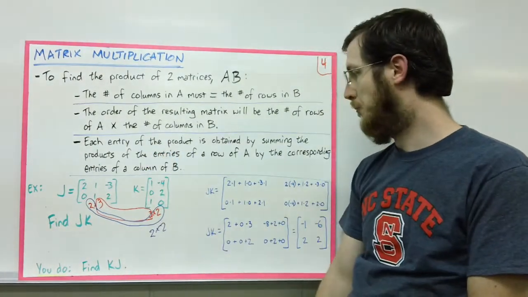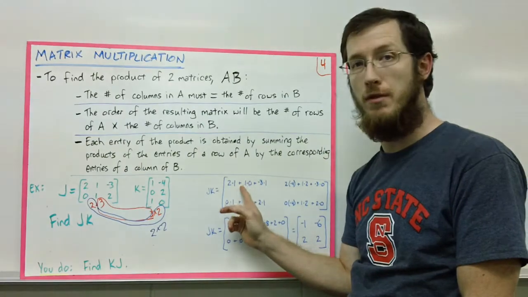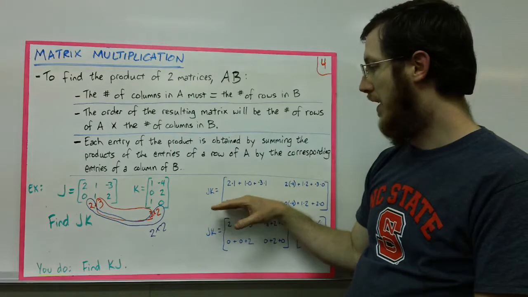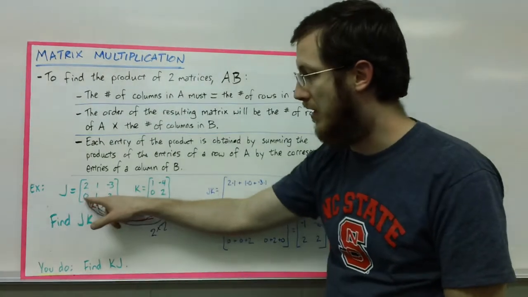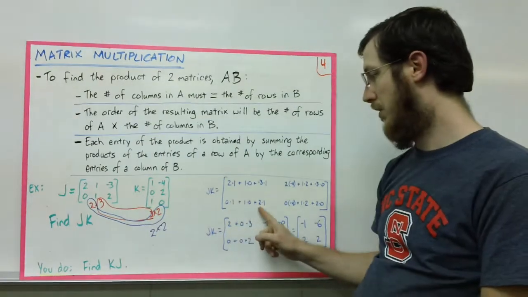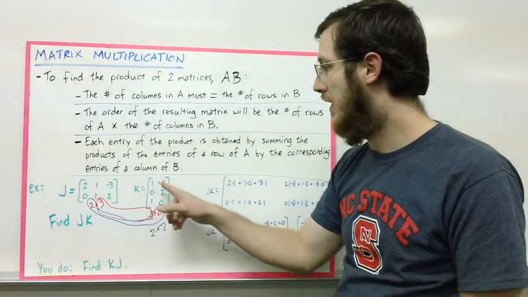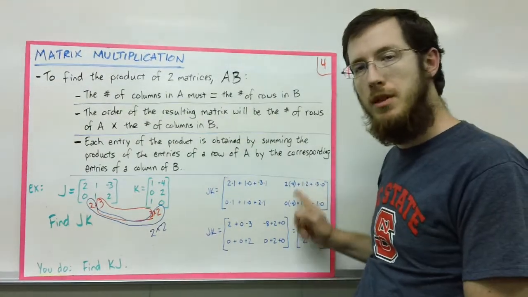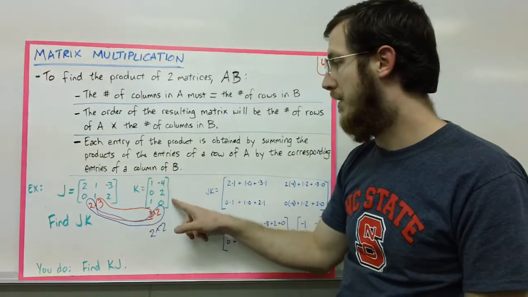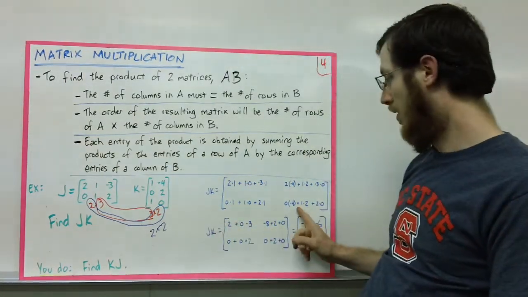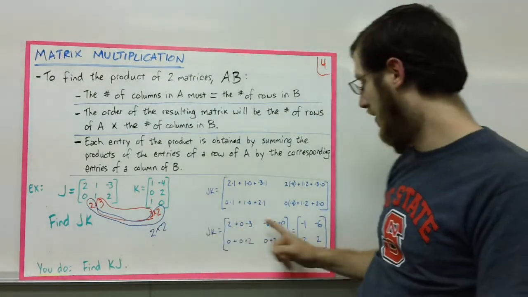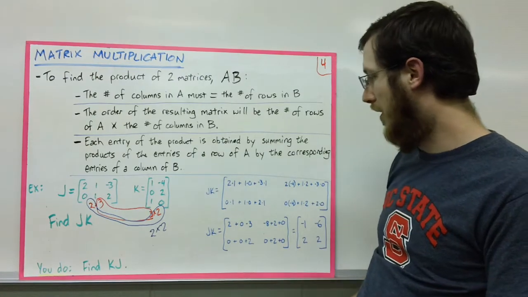and summing up those products. That gives us the element in the first row, first column, since we multiplied the first row times the first column. To find the second row, first column, take the second row of numbers, 0, 1, and 2, multiply it by the first column, and sum them up. Then to find our second column in our resulting matrix, multiply the first row in J by the second column in K. To find this last element, second row times the second column in K,